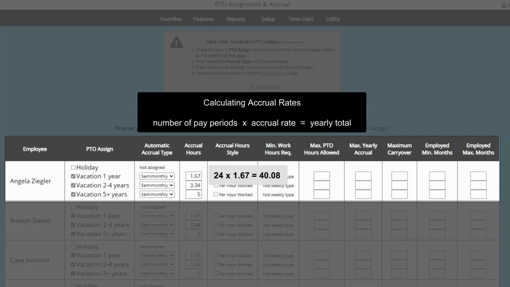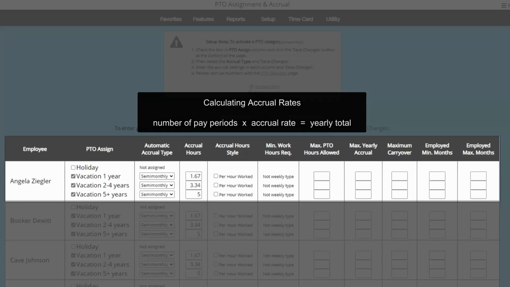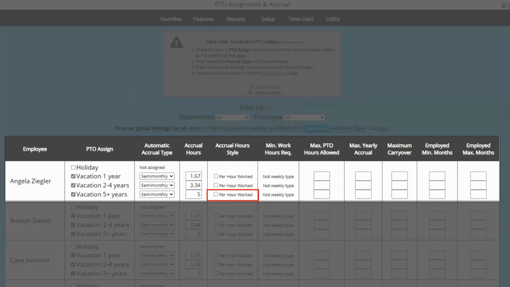From year 2 to 4, our employees receive 80, so the accrual rate for this category is 3.34. And lastly, employees who work over 5 years receive 120 hours per year, with 5 hours for each accrual. Per hour worked is used only when a fraction of an hour is accrued per every hour worked. Since we do not want 5 hours of PTO to accrue per every hour worked, we will move on to